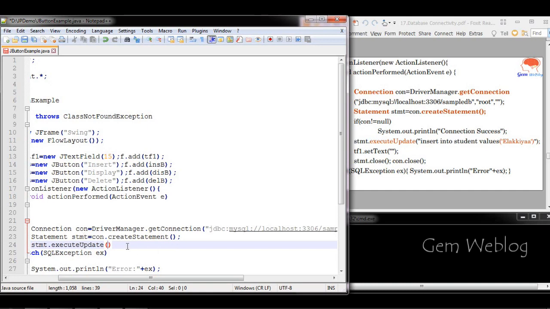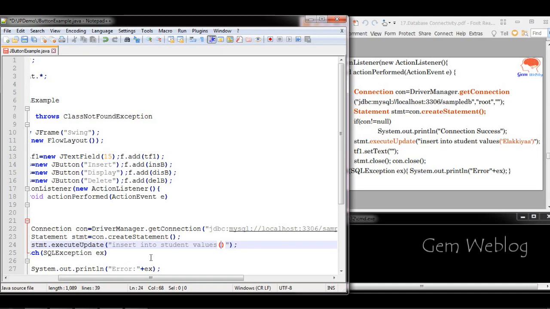Since an insert operation is not going to return any value as the result of execution, we use executeUpdate here. So here: insert into table name, and then values. Inside the values you have to provide the values for each and every column. Since we have only one column, called name, one value is enough to provide within the values.